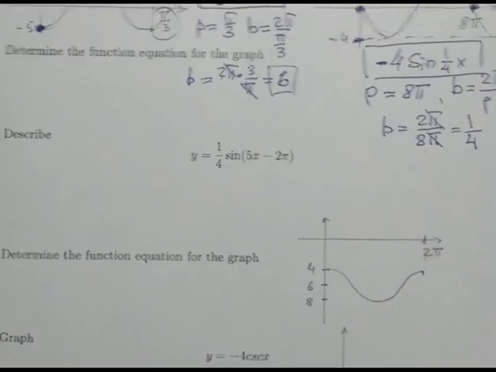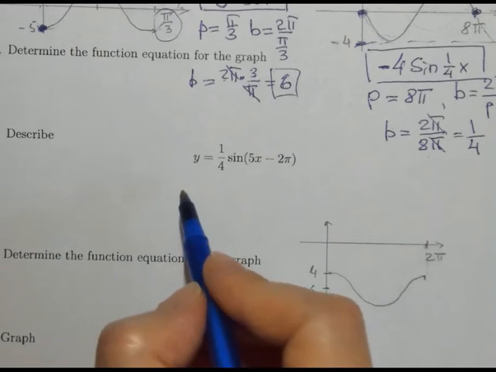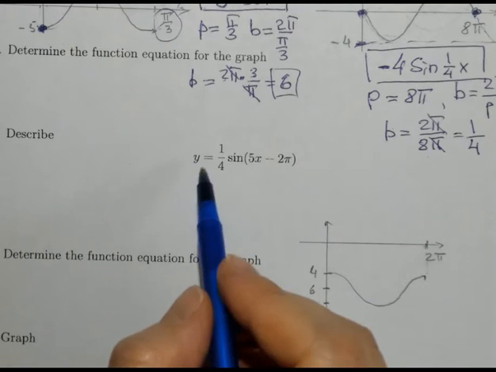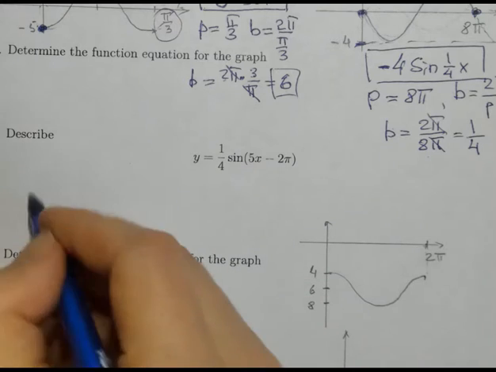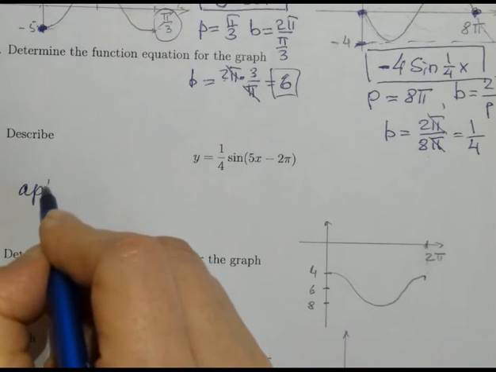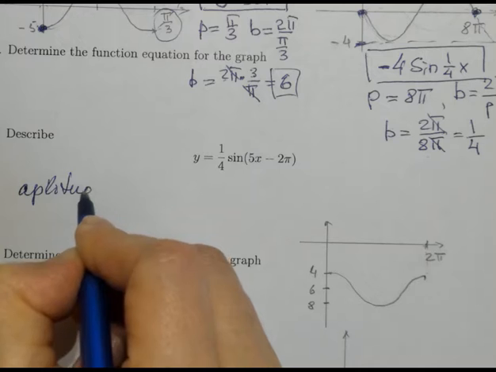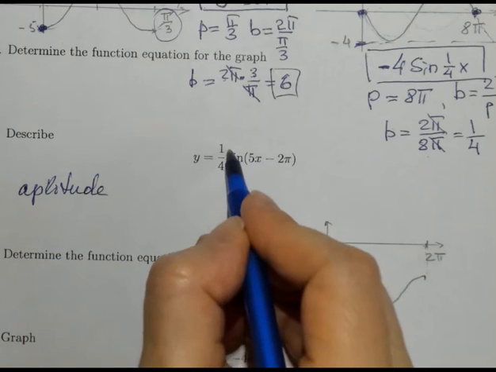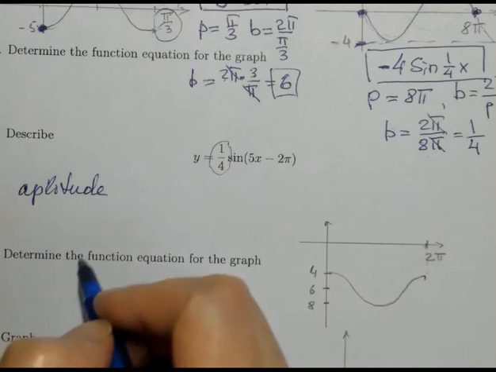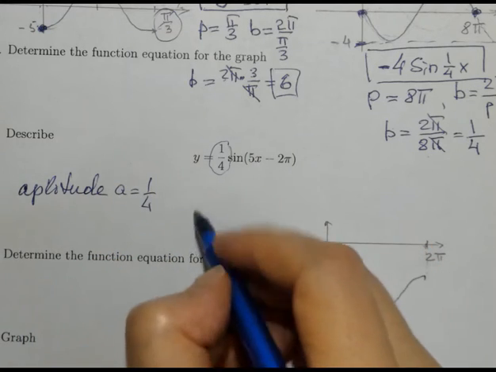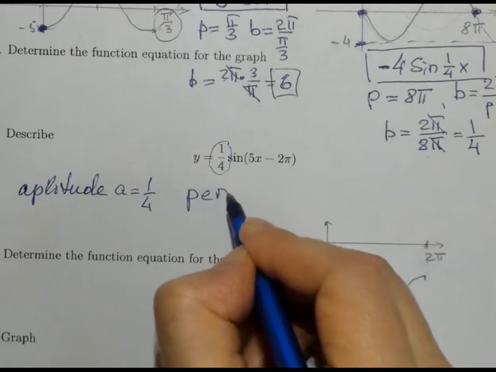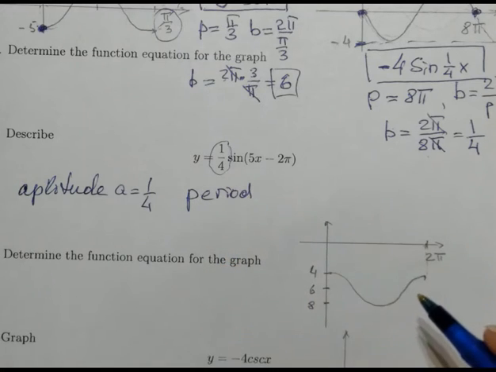Let us consider the following function. y equals 1/4 sine (5x minus 2 pi). So the amplitude of the function is this coefficient, 1/4, so a equals 1/4. Then the period of the function